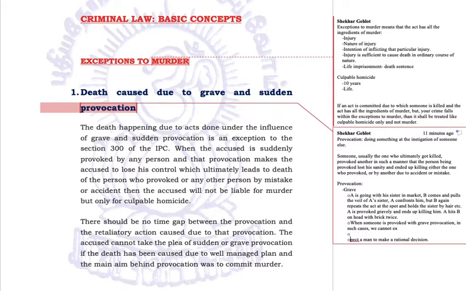Plus, now it has to be sudden. The provocation has to be sudden in nature, at the spot. Provocation was at the spot. At the spot means